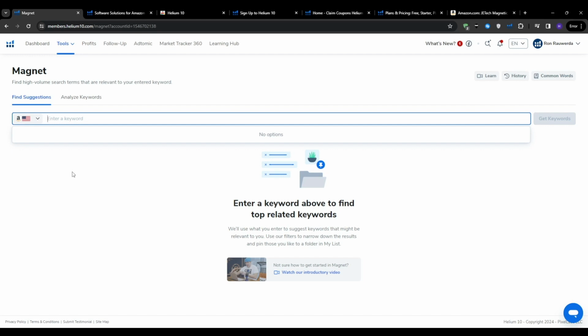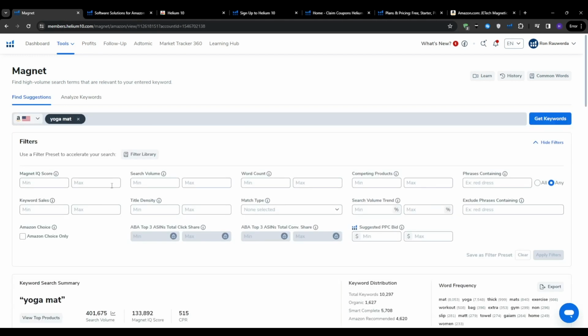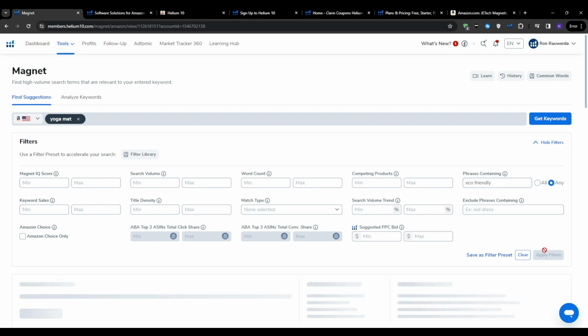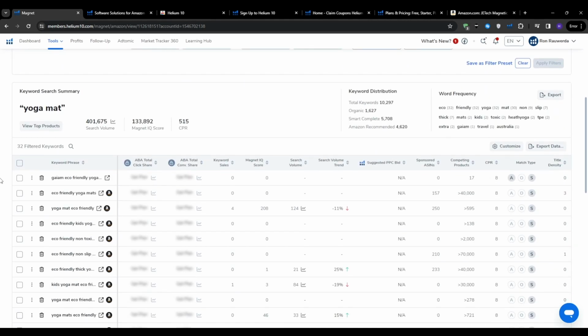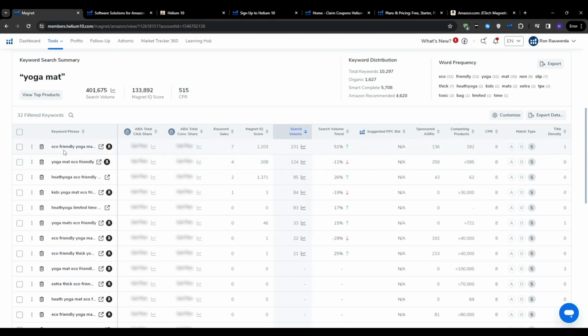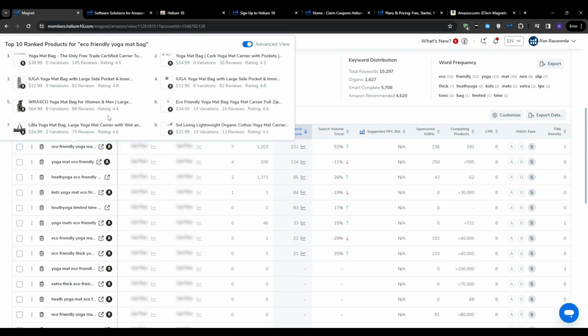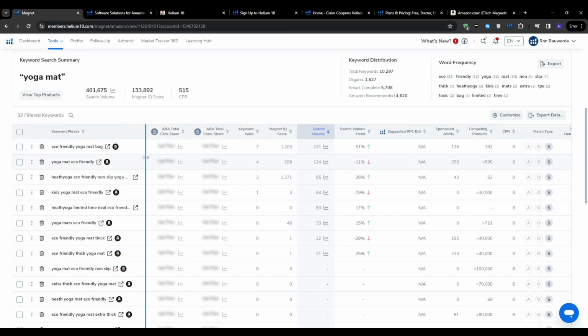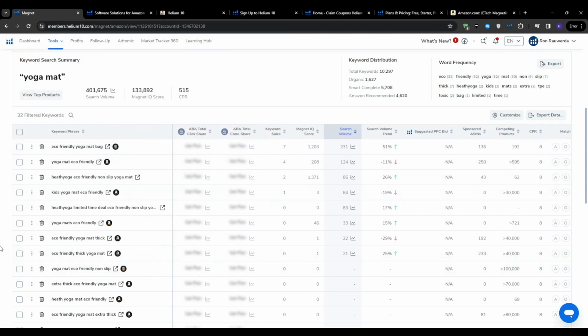For example, let's say that you sell eco-friendly yoga mats and your main keyword is yoga mat. And now I'm going to filter for phrases containing eco-friendly, hit apply filters, and then further filter them down by the search volume. And now you could potentially discover some new keywords like eco-friendly yoga mat bag. This could be a good idea for a complementary product, for example. Or you could find out that the yoga mat eco-friendly thick is in demand right now, so you could adjust